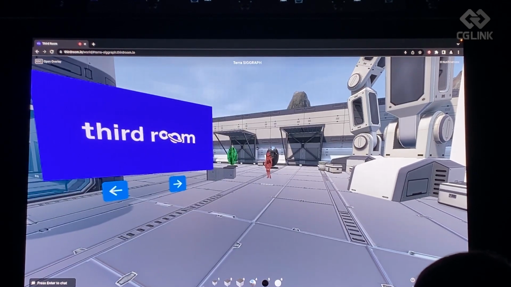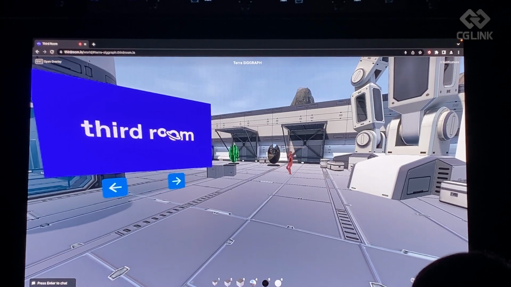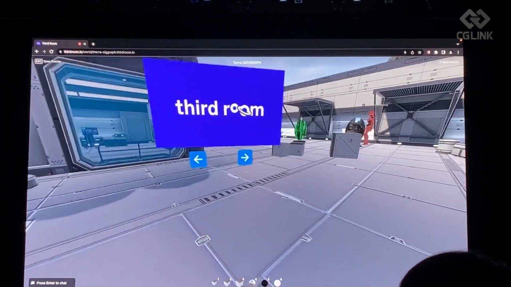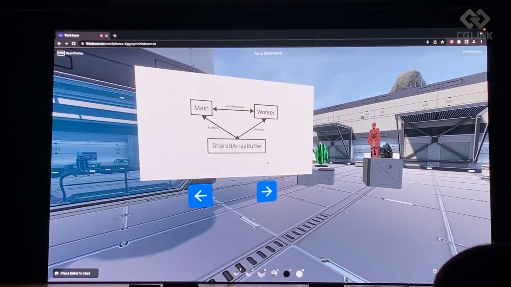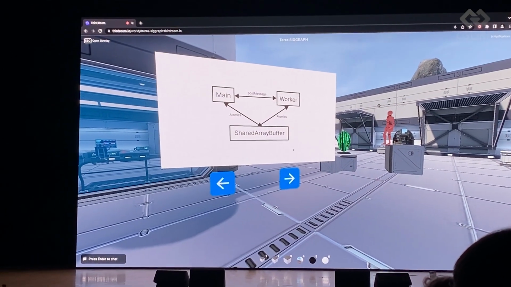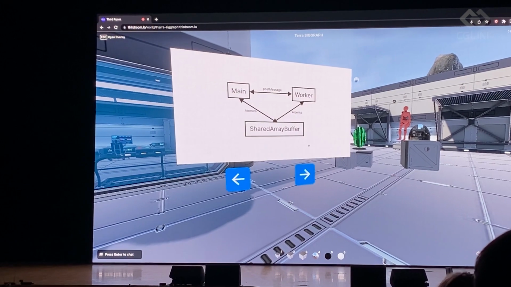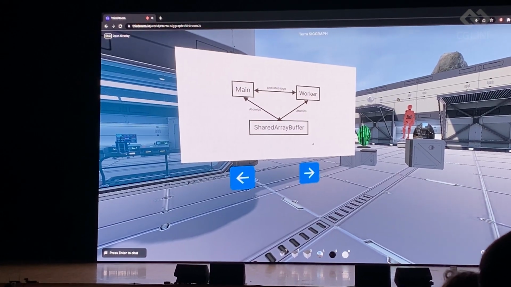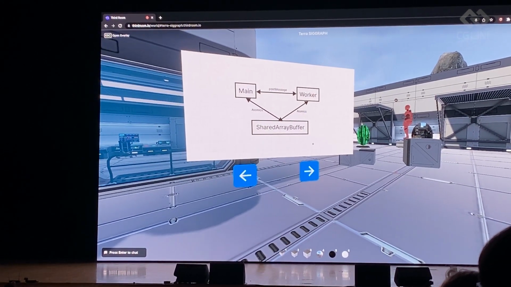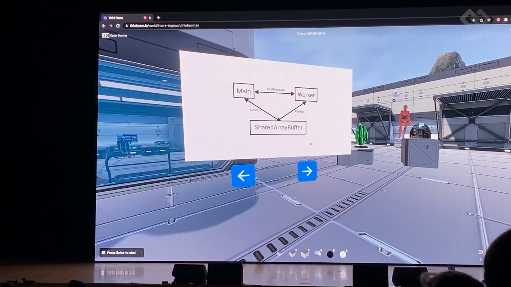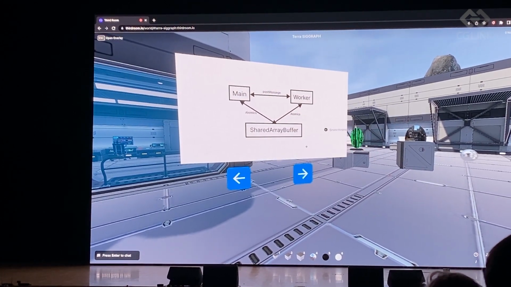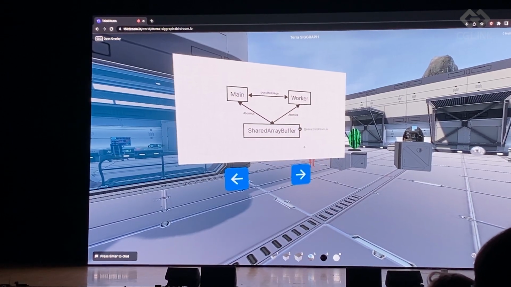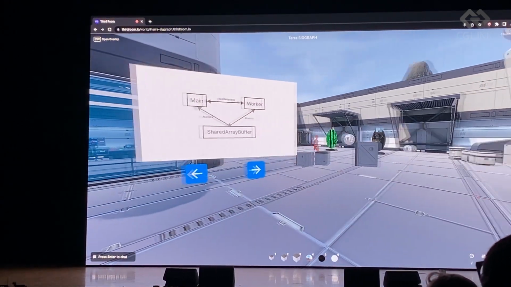Third Room uses a new browser-based engine, making full use of multi-threading through the new SharedArrayBuffer and Atomics APIs, now shipping in Firefox, Chrome, and Safari. In most 3D web applications, everything is running on the main thread, which leads to dropped frames due to late WebGL submissions, stalling the UI thread when uploading textures to the GPU, and just a lot less room for adding fun stuff like physics and animations.